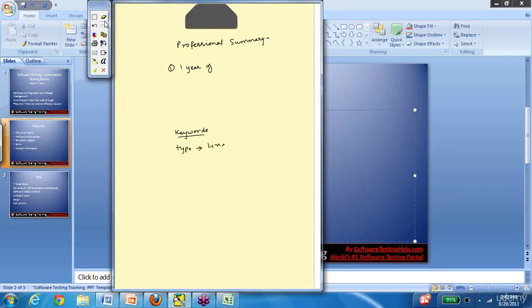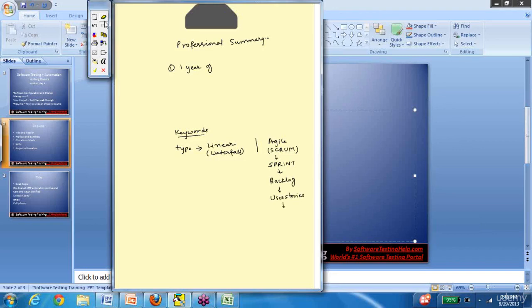So either it could be linear, which is waterfall, right? SDLC, 6 phases, we talked about it in the first session. It could be that, or it could be agile. So if it is agile, it could mean it is the Scrum methodology, right? So in the agile world, what are the words that get used most often? Scrum, sprint, backlog. Sprint is nothing but a cycle. Backlog is nothing but your functional specifications document. And user stories is nothing but your requirements.